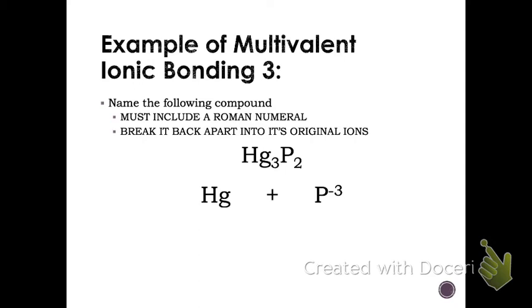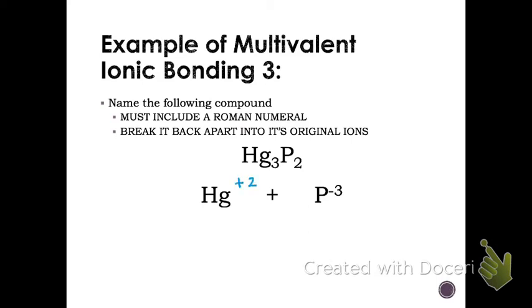Mercury, if you look on your ion chart, has more than one possible charge. Mercury can have a +1 charge, and it can have a +2 charge. So the question is, which one is in this compound? +2. Okay, so if we say +2,